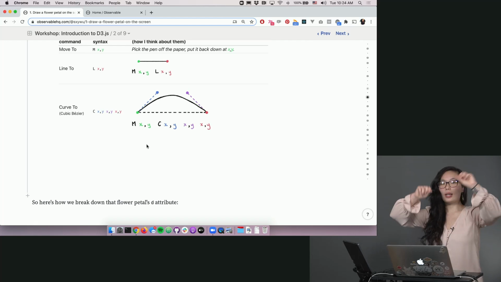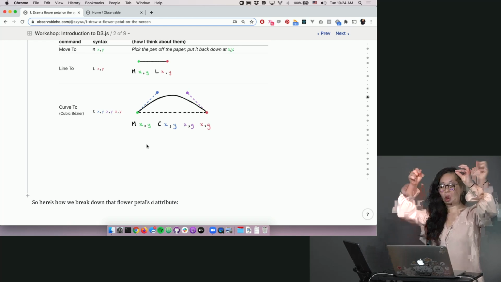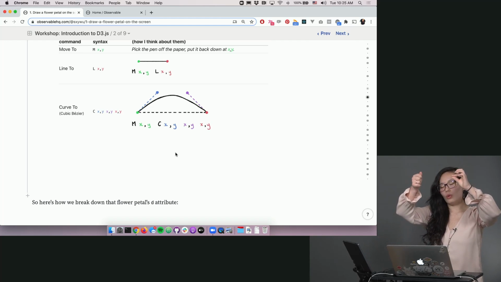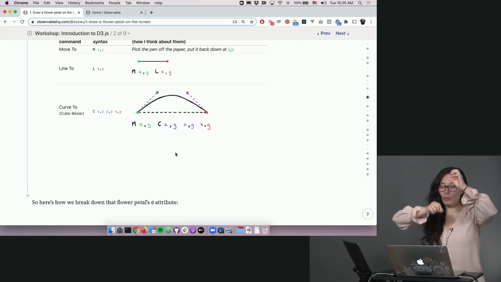In this particular example, we have the 2 anchor points going up. But if, for example, you put the purple anchor point kind of below that dotted line, then you can draw a curve that kind